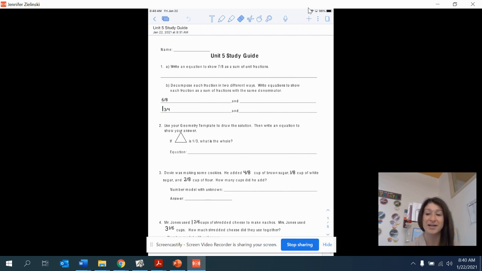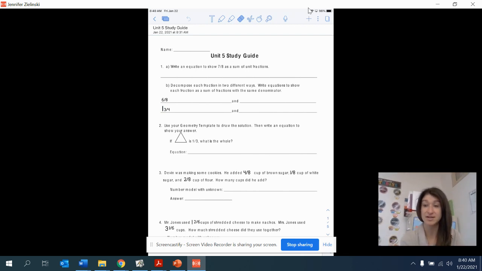Today we're going to look at a couple problems on our Unit 5 study guide. As you know, you have a test coming up, so we want to make sure that you are ready to go. So if you could have your Unit 5 study guide handy, we are actually going to take a look at two different kinds of problems. We are going to go all the way